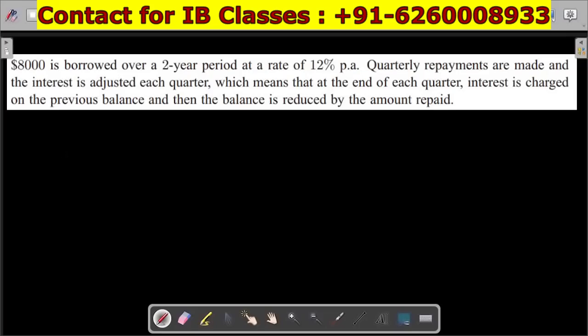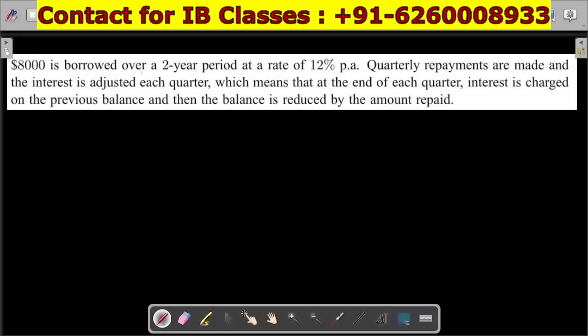This question is very important for your IB mathematics AA, HL or SL even. So I will discuss two questions. Both are similar to each other, and please try to understand the basic concept of how to solve. So the question says